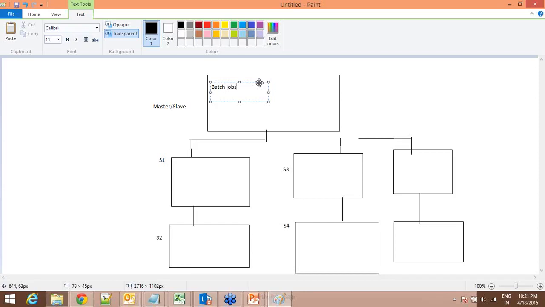Most of the business activities in organizations are planned depending on the batch reports. Based on today's batch reports, tomorrow's business plans will be made. So most of the decisions depend on these batch reports. Batch jobs play an important role, and they run periodically, maybe daily, hourly, or whatever, depending on the application.